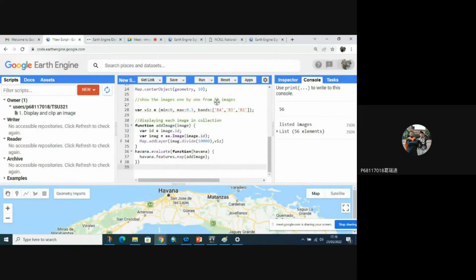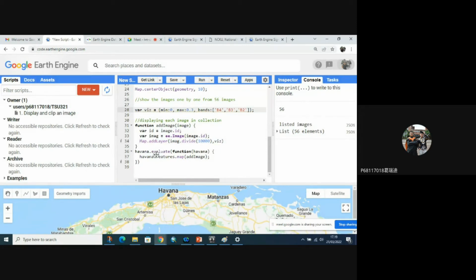It will show the 56 images respectively. Function add images, we add an image using the image ID here, and add a layer with this parameter, and evaluate.